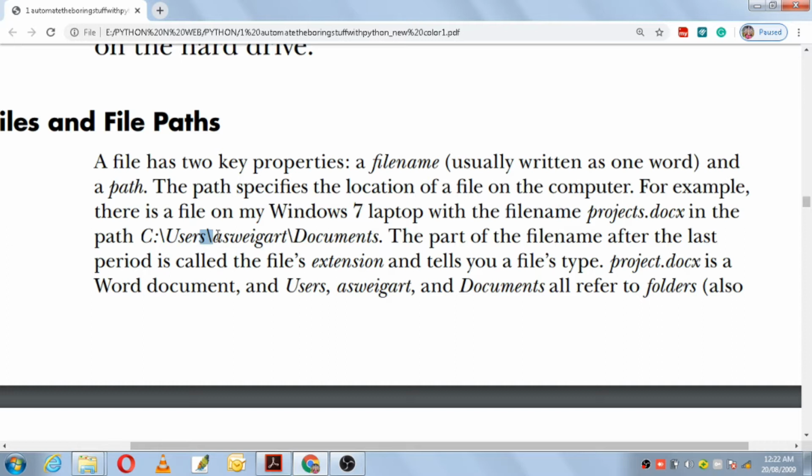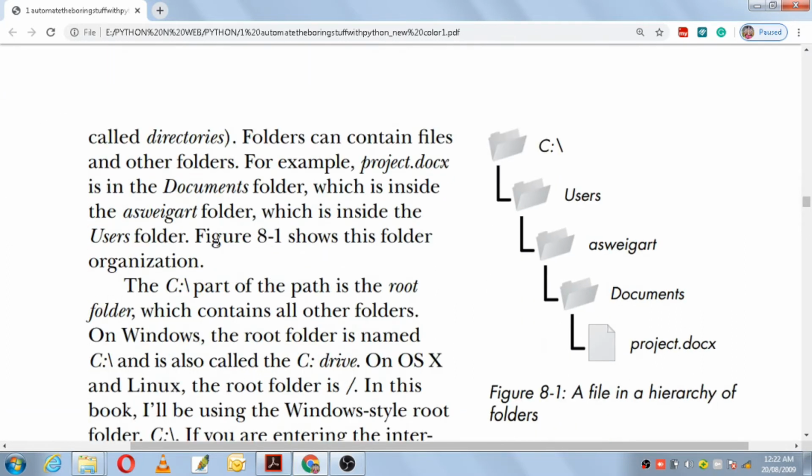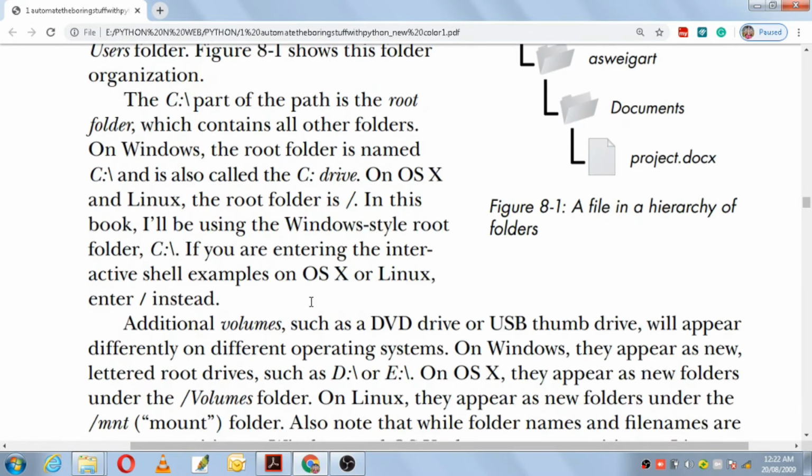Backslash. But in the OS X operating system and Linux, you have to make use of a forward slash. In OS X and Linux, the files are separated with a forward slash.